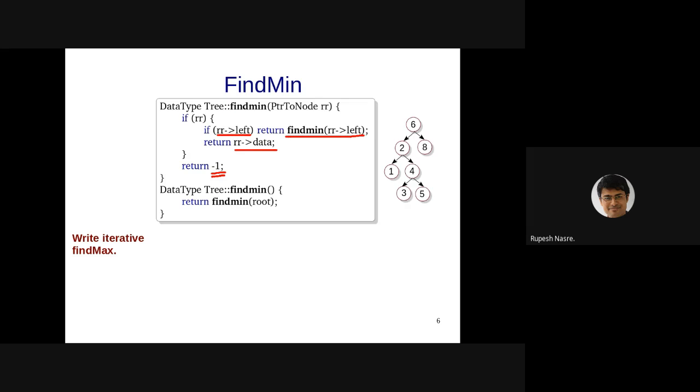Good. Sai Charan says, if you want to insert 9, will we insert it below 5 or 8? Okay, so let's check that. 9 is going to be checked with 6, and since it is greater than 6, we have to go to the right. And therefore at 8, it is going to be the right child of 8, the value 9. So it will not go to the left subtree at all, because we will then violate the restriction that all the values on the left hand side of any root should be smaller. Correct?